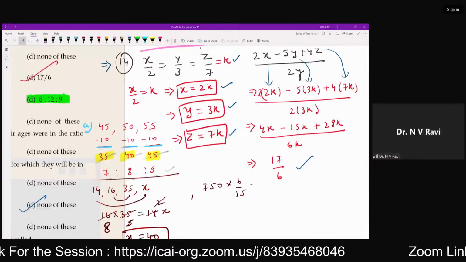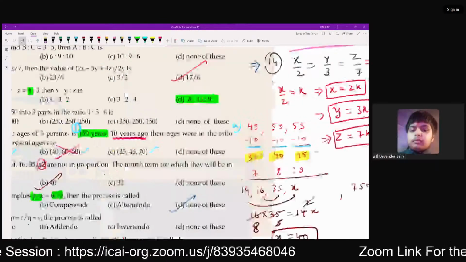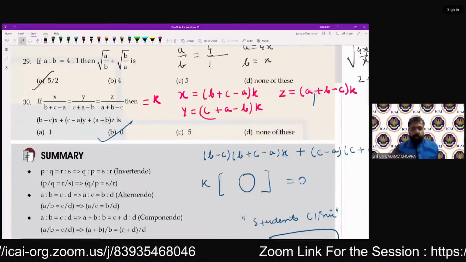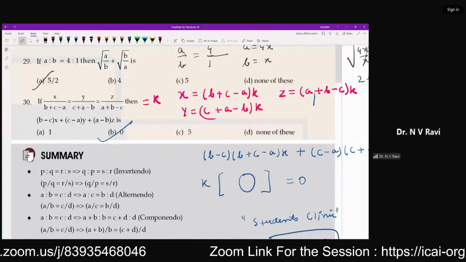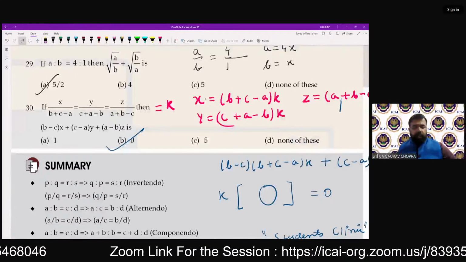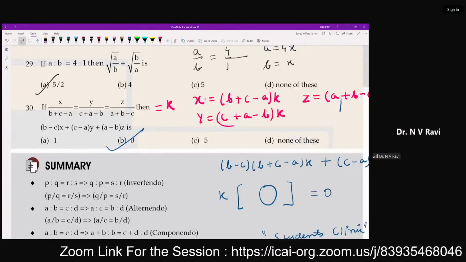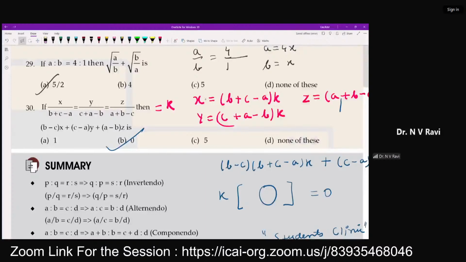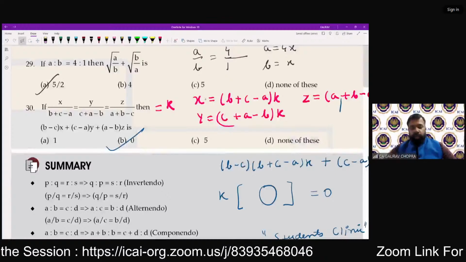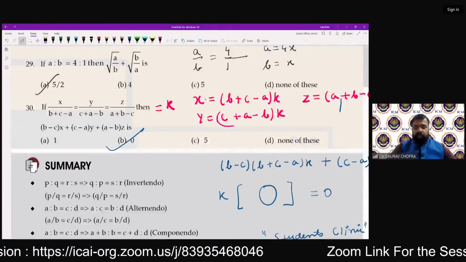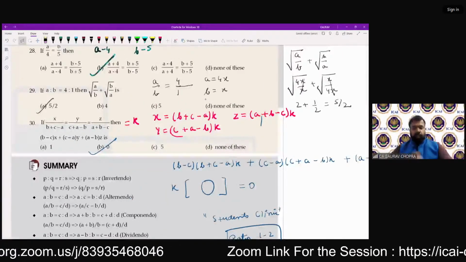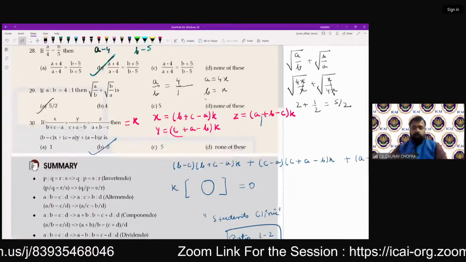13th, question 30. Okay. This is again a simple one. This question looks tricky, looks difficult, but it is not much difficult. You follow the same technique like ratio and proportion, assuming all equal to k. You have to keep them equal to k and put the value. All these will get cancelled. सब आपस में कैंसिल हो जाएगा और कैंसिल होने के बाद रिजल्ट आ जाएगा आपका 0. So this is the most popular trick.